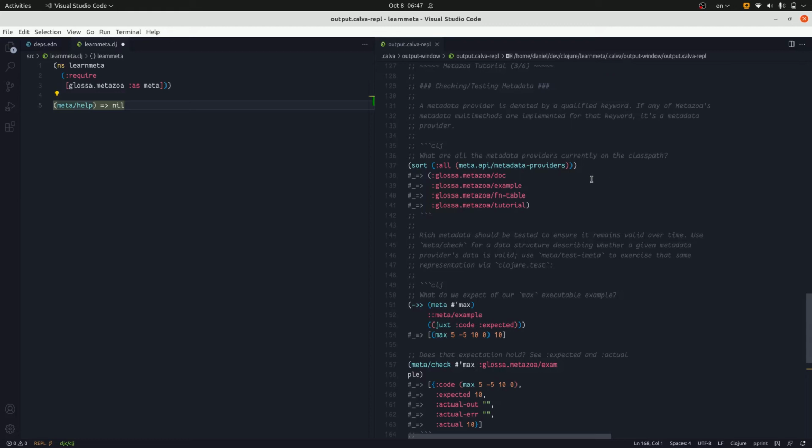Metazoa has these built-in metadata providers. We've already seen the function table. We've seen the executable example. We have been using this whole time a tutorial, and we'll later look at doc, which is kind of the most powerful metadata provider of them all. If you have metadata that resides at these keywords or that has its type adorned with this keyword, and you can see examples of that in the README,